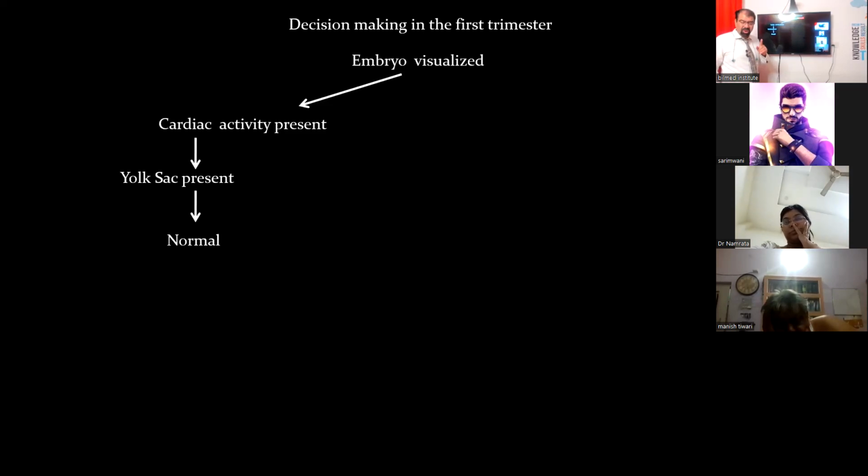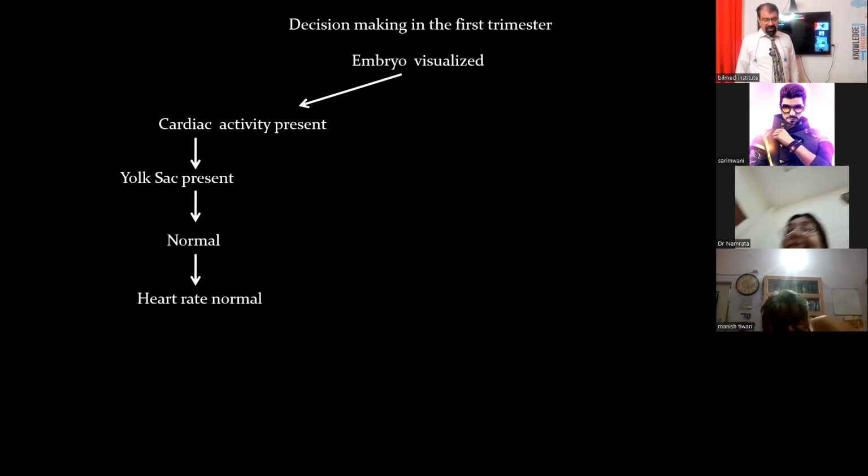Not only present, the yolk sac should be normal. Then only everything is normal. And cardiac activity present means cardiac activity present and normal. Please read it as normal also. The word normal is absent over here, but read it as cardiac activity present and normal, yolk sac present and normal. Then only that is a normal